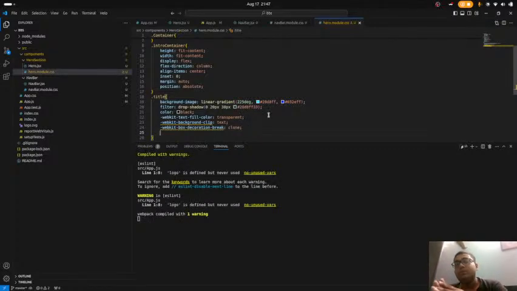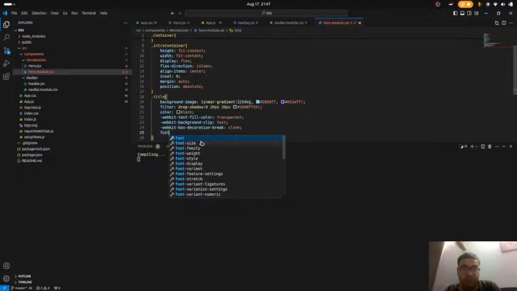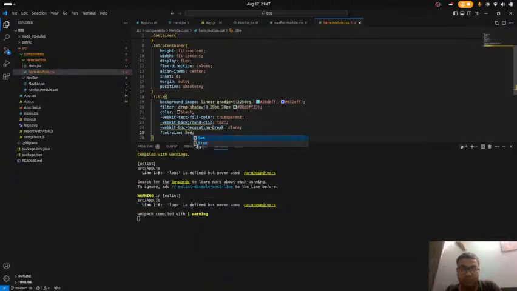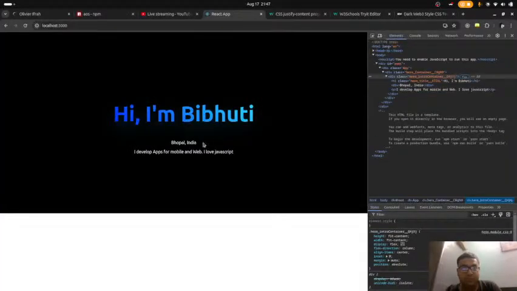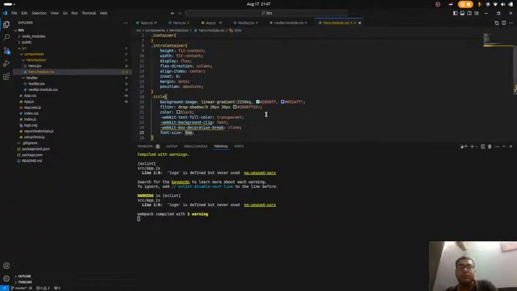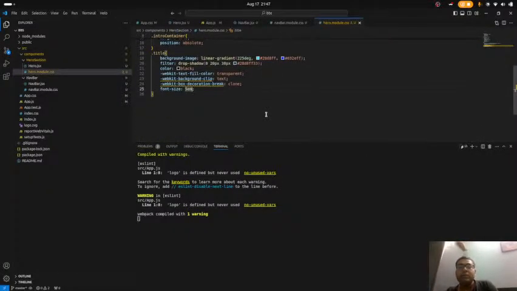We're not going to use calc this time, we are going to use em for text size. Yeah, it actually looks cool, but I want this gradient to be changing, so I'm going to create an animation